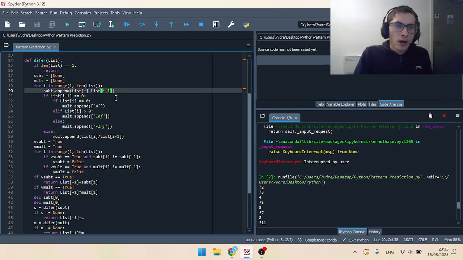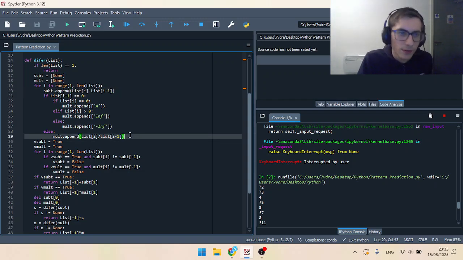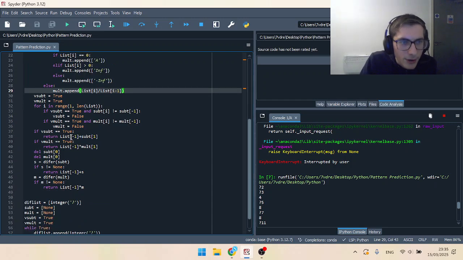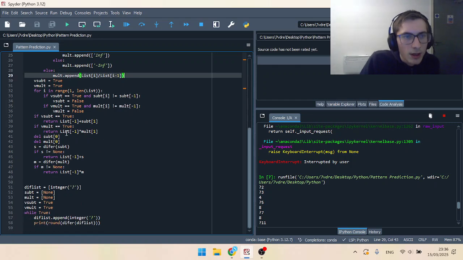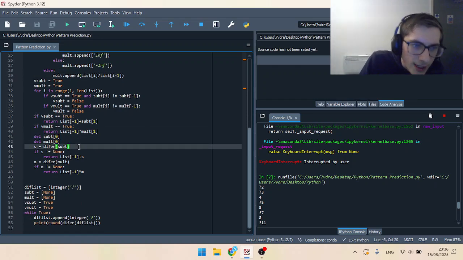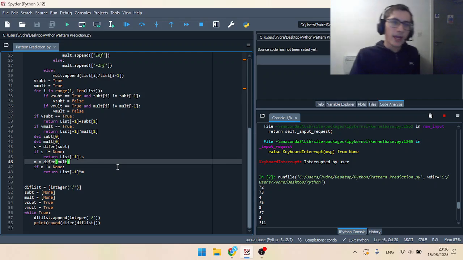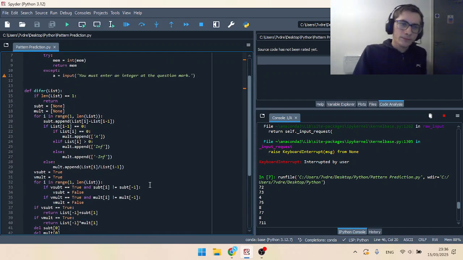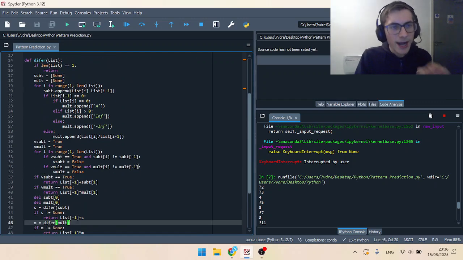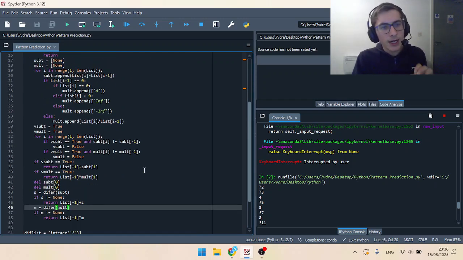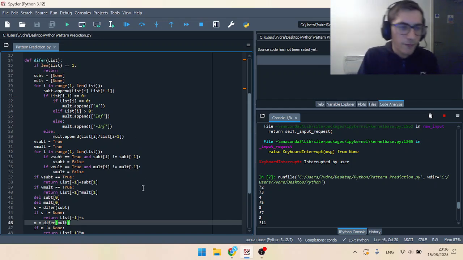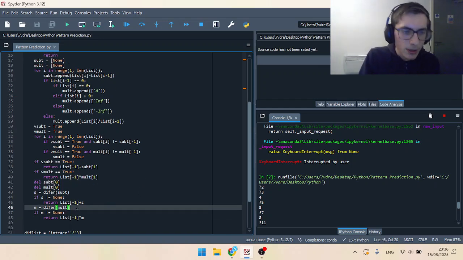And as you can see, it will add those sorts of things inside those lists, and also the recursive part starts here. I've made the subtractions get recursive before the multiplications to give them priority, because